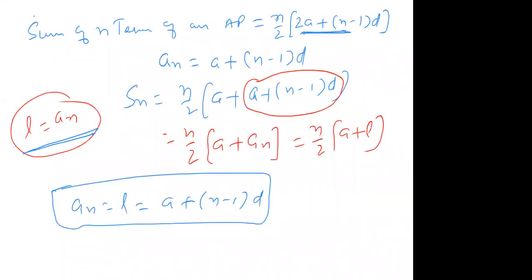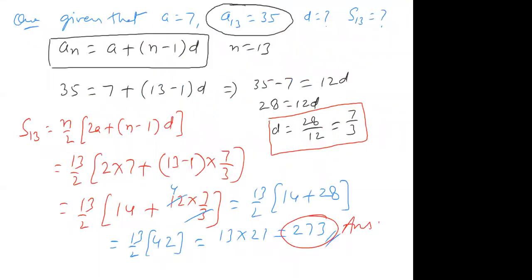I've used two formulas. Our original formula is Sn is equal to n upon 2 into 2a plus n minus 1 into d. But here, a plus n minus 1 into d I can represent by L. So sometimes when the last term is given, you can use the formula n upon 2 into a plus L. So both are the same formula only. If the last term is given, for example,